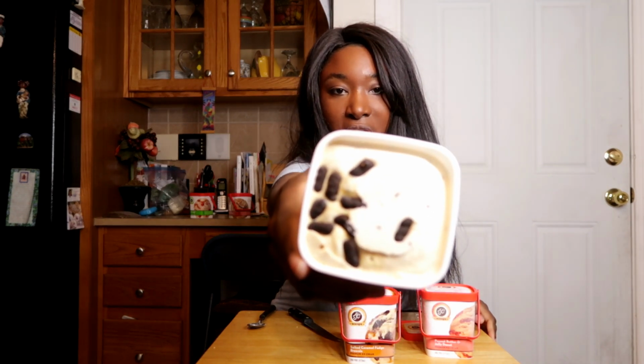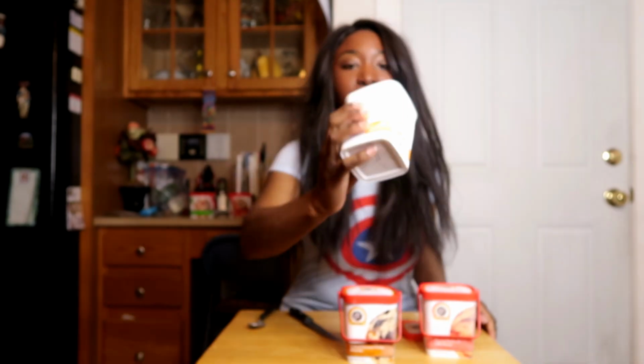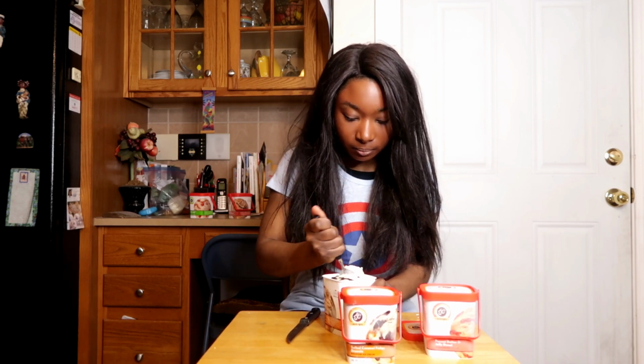Okay, so this is what it looks like on the inside. You can see those chunks of chocolate pretzel, and then the ice cream just looks like a vanilla. You can definitely see it's filled with a lot of pretzels, which is nice. Okay,